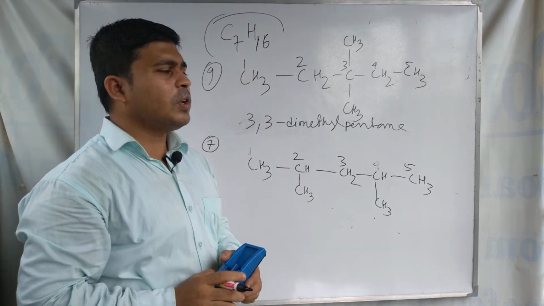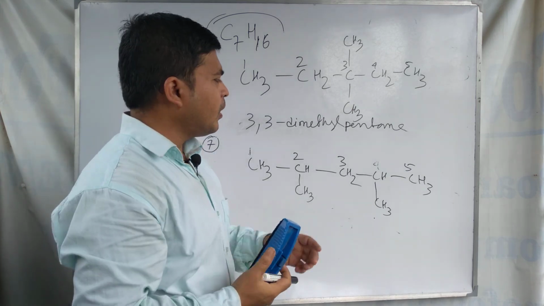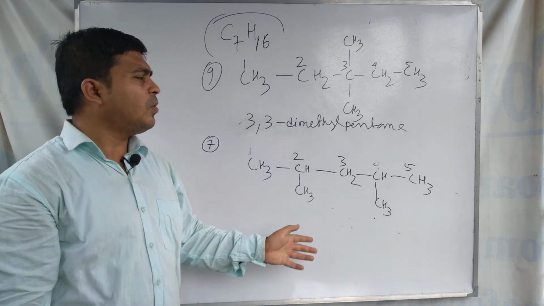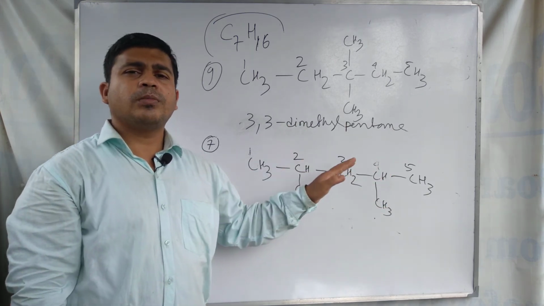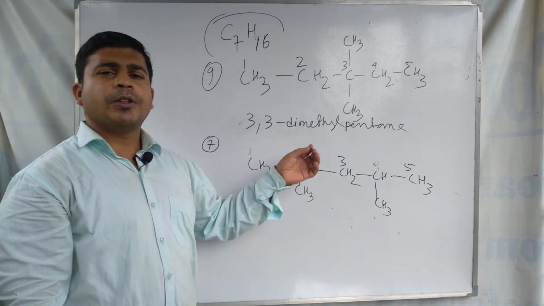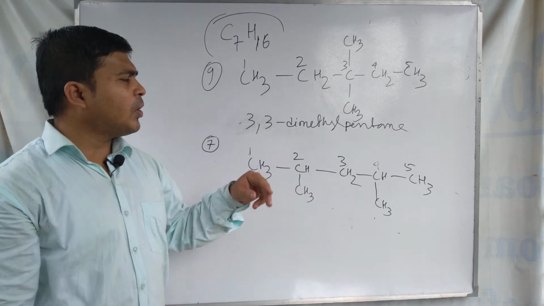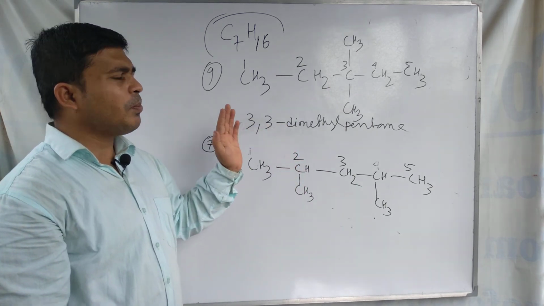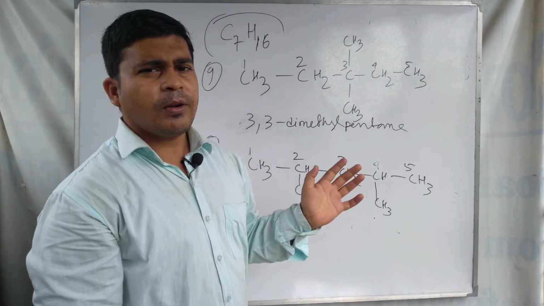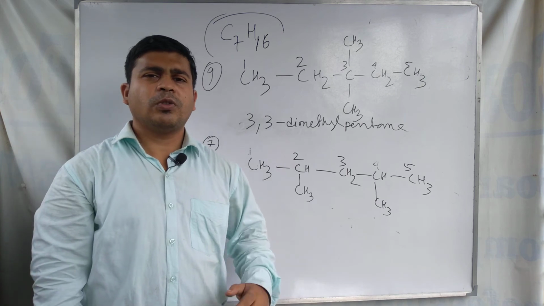Using this molecular formula you can write the 9 structural isomers, and at first you have to write the straight chain compound, then cut 1 carbon from the straight chain, produce branch, then produce 2 carbon branch, then produce 1 carbon 2 branches, and then change the position of the branches. In this way you can find the number of possible structural isomers for a given molecular formula.